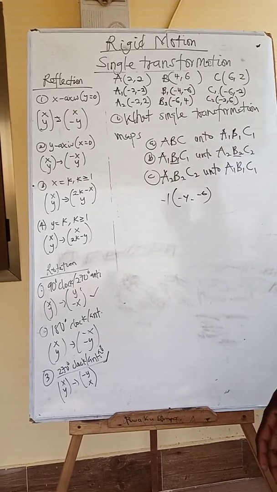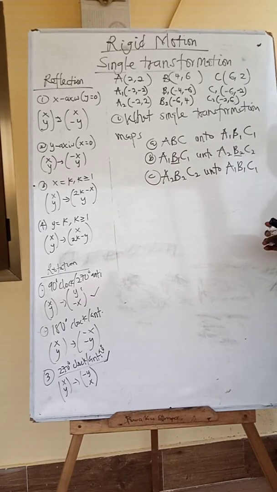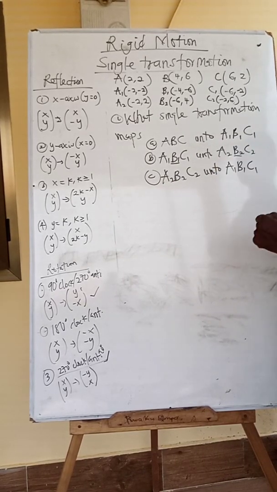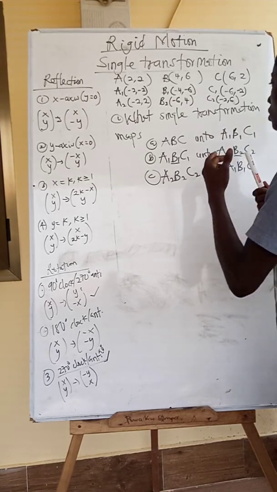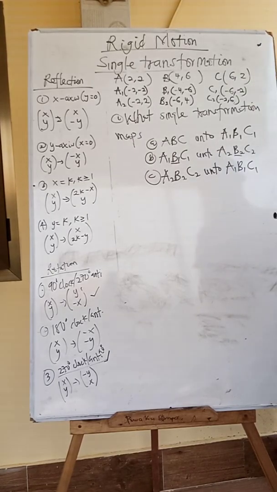We are assuming we have these points already, and we are just going to concentrate on our single transformation. So the first one: what single transformation maps A, B, C onto A1, B1, and C1? As I told you,